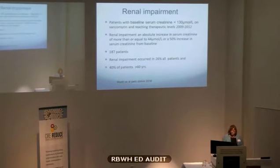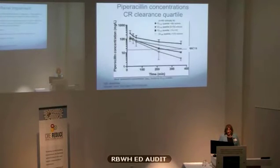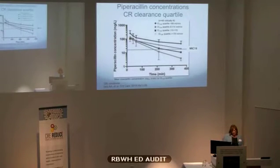And we saw that 26% of all patients who were on vancomycin got renal impairment. In the over 60 age group, it was 40%. So renal function is a very big player in our patients, and something that we're probably not really taking that much notice of. And equally, I think we've seen this slide already from Andrew Udy,